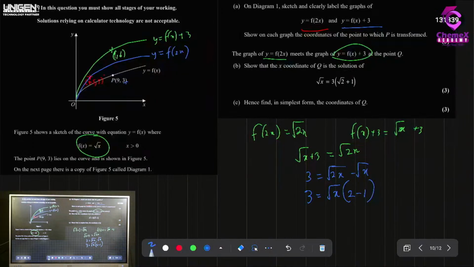Two minus 1 is 1. Sorry, it's going to be root 2 minus 1. Root 1 is 1, so that's why I'm not writing it. So then 3 over